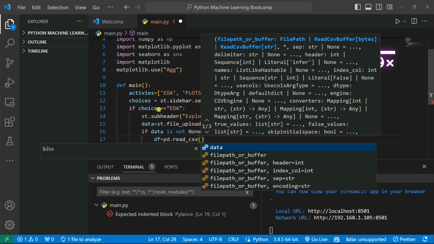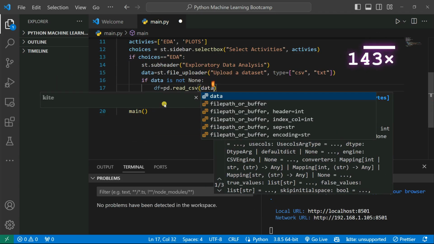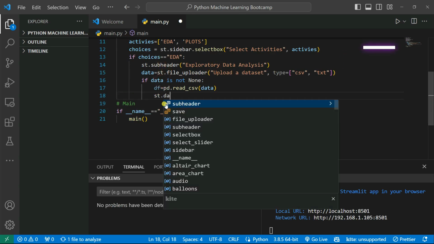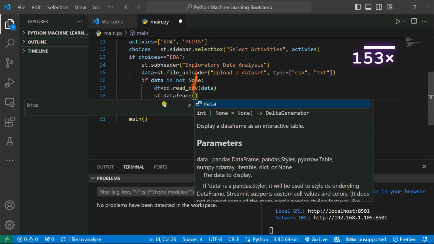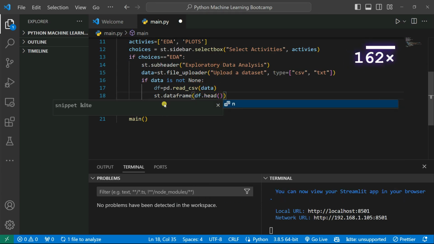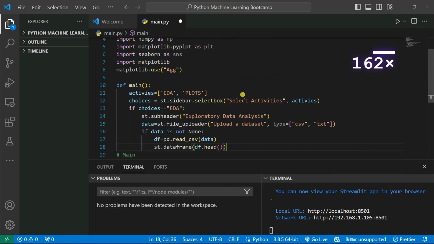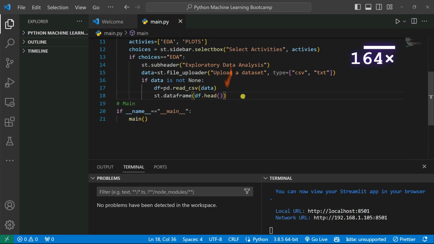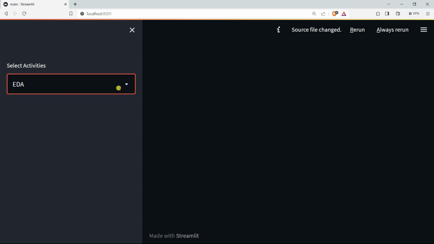Then I'm going to simply pass my data, and then also show it inside my Streamlit application. For that, I'm going to use st.dataframe, and inside this data frame, I'm going to pass my df.head. Fine. Okay, so that's it. It's now loading the data. If I save it now and go to my application, and reload it,